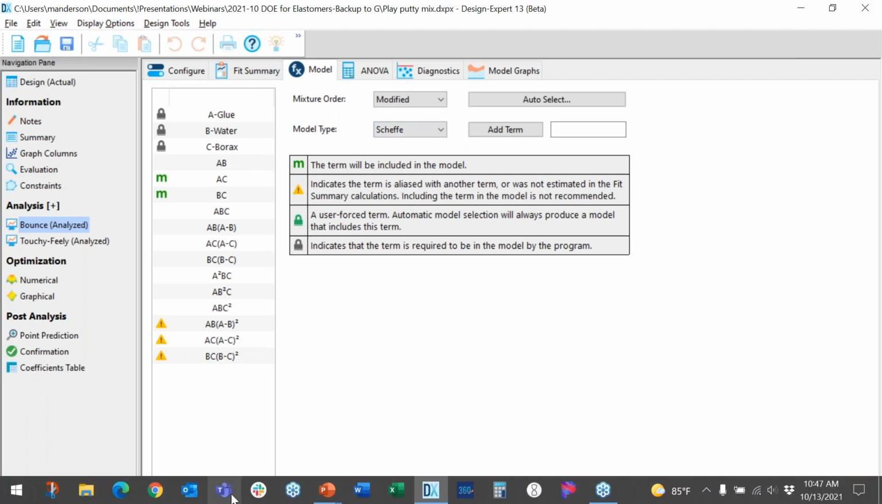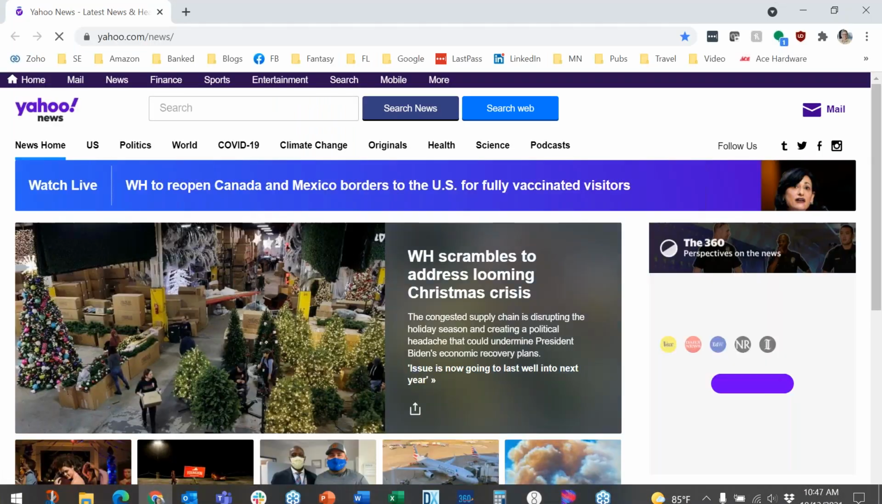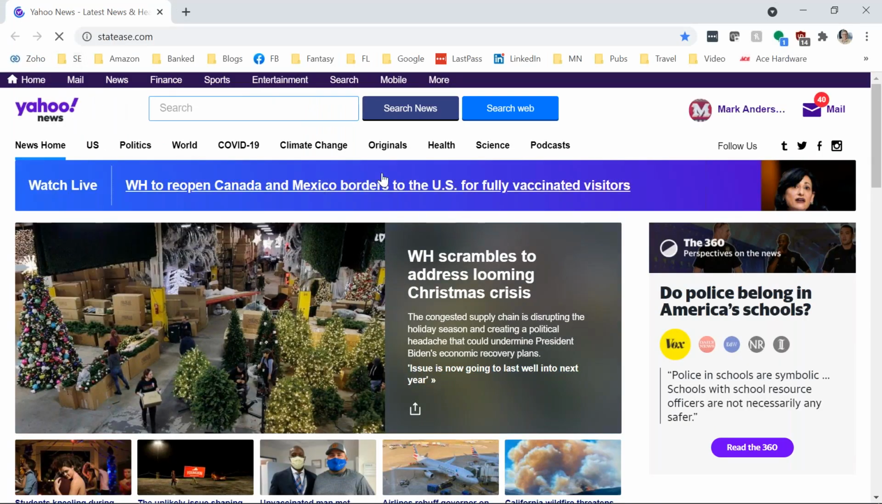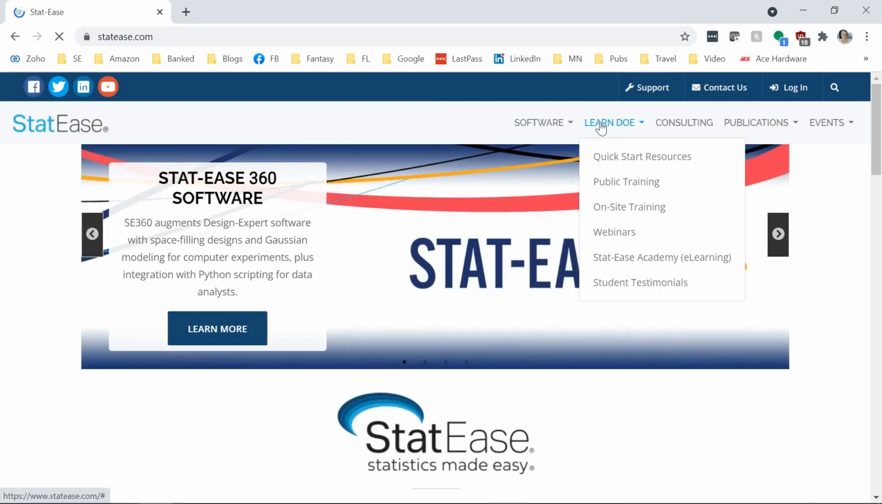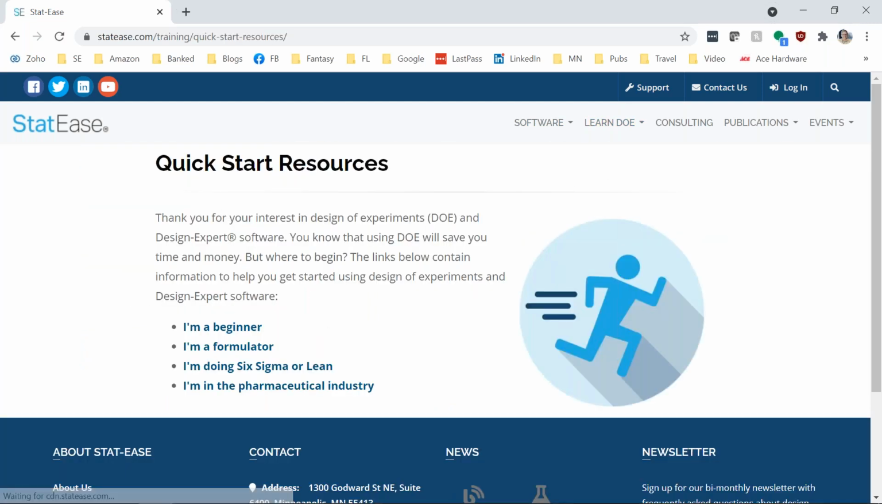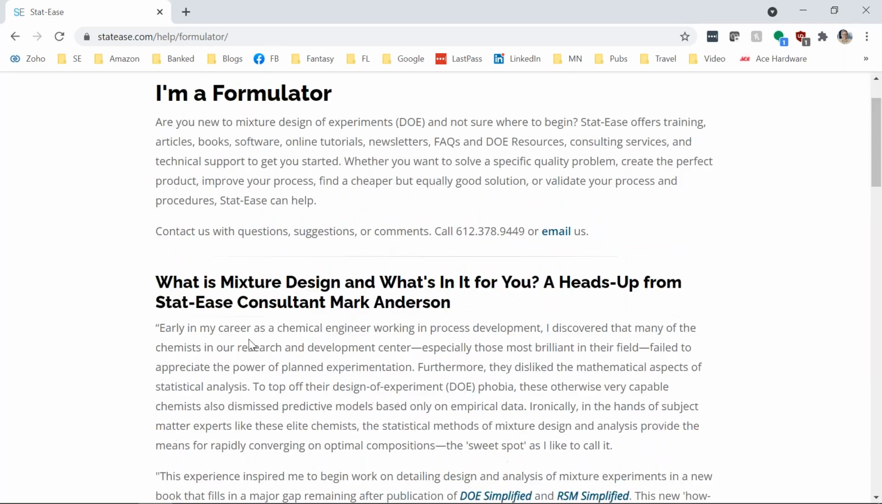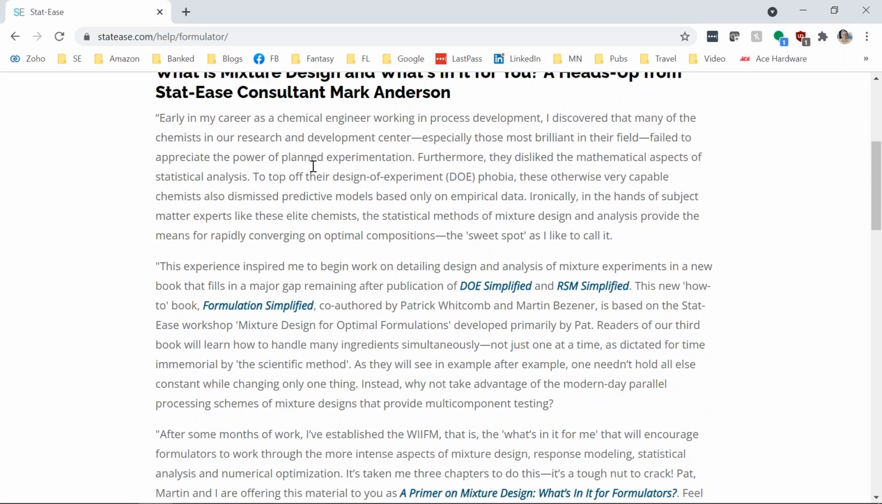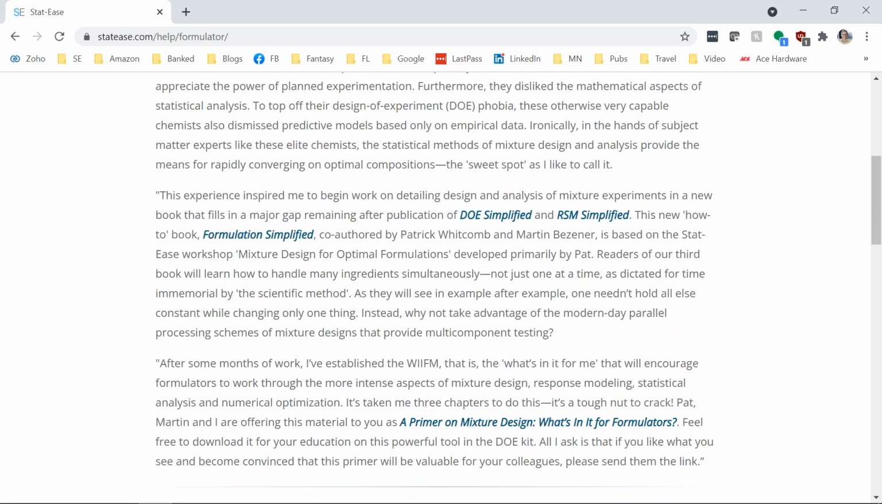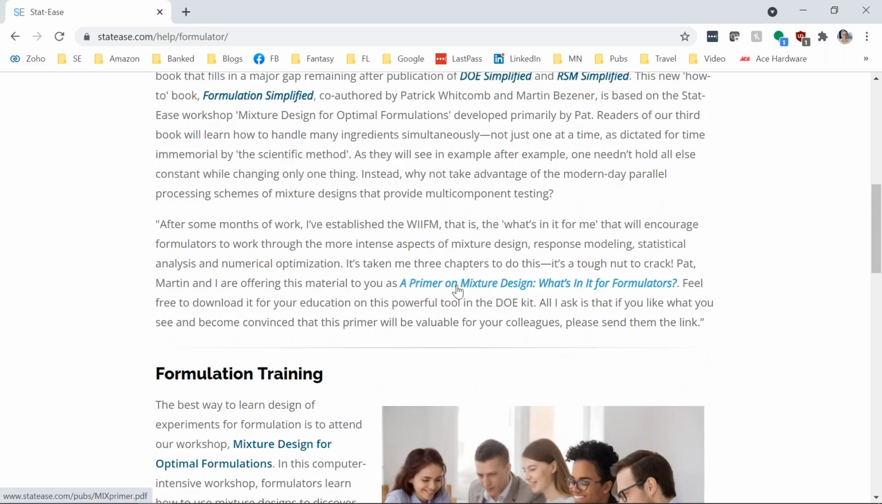I would suggest, if you're not familiar with mixtures, if you go to our website, statease.com, and under Learn DOE, there's a lot of resources that we have available here. But if you go to Quick Start Resources and say, I'm a formulator, you'll see a little story here. What is mixture design and what's in it for you? A heads up from Mark Anderson, that's me. And we have this primer that we provide